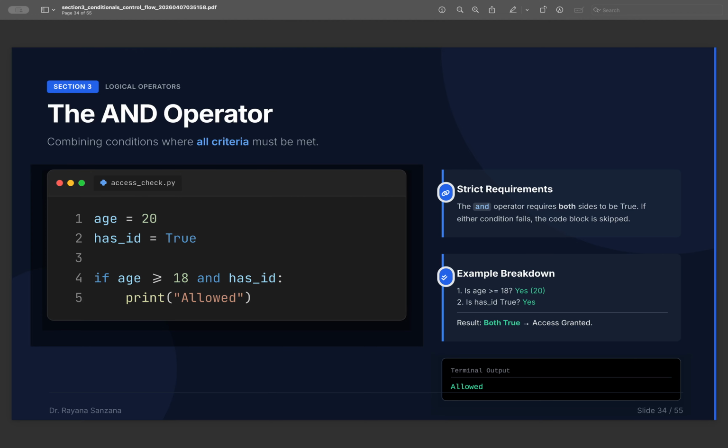So the AND operator. We have to combine conditions where all criteria must be met. In this case, age equals 20, and has ID is assigned a value true. So if age is greater than or equals 18 and has ID, we print aloud. For our case, the age is assigned 20 and it has the ID as well. So our print will be